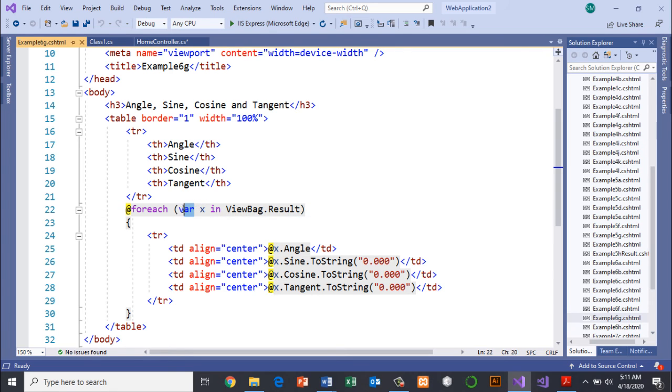To be safe, I just use a var here. And you can see how we display, we use x.angle, x.sine, and here this is just formatting. We have cosine and we have tangent.